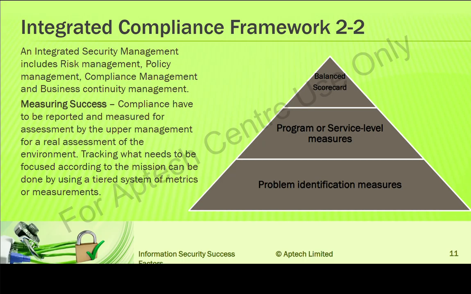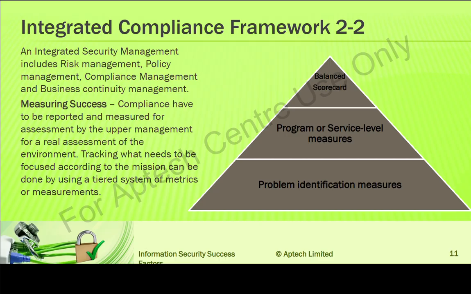Now let's look at the pyramid angle. Integrated security management includes risk management. You have to manage the risk, and policy management also. We also have compliance management and business continuity management. That is what integrated security management entails. This is all we have: risk management, policy management, compliance management, and business continuity management. These are the four angles we have to watch, we have to look into when we are talking of security